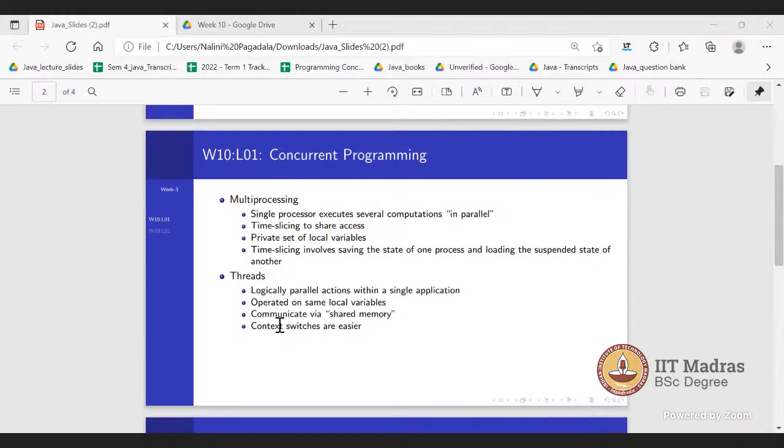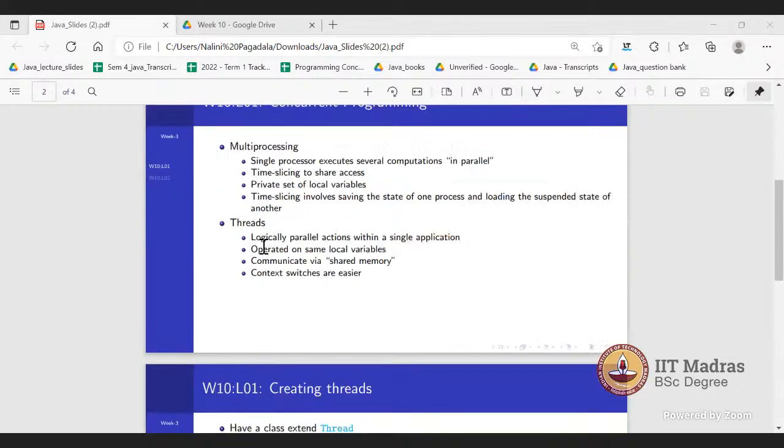If you want to switch from one task to another, it becomes easier, because you are not required to save the state of the local variables and load the state of the new local variables. That is not required. But if you are using threads, you will have some side effects also,